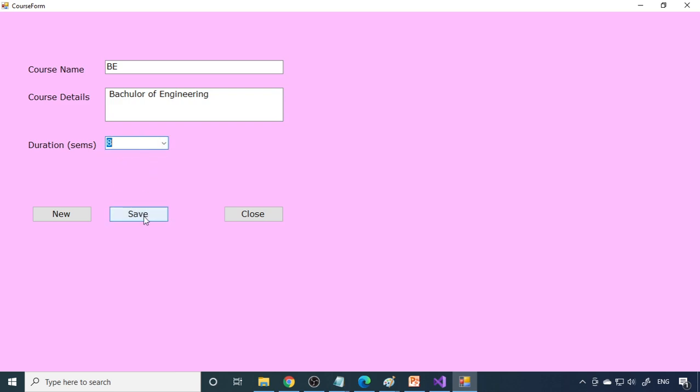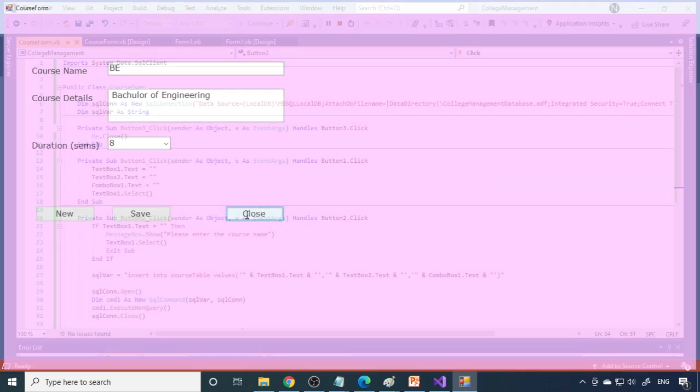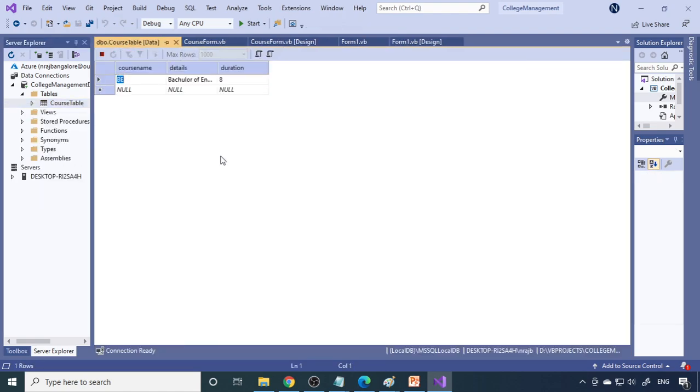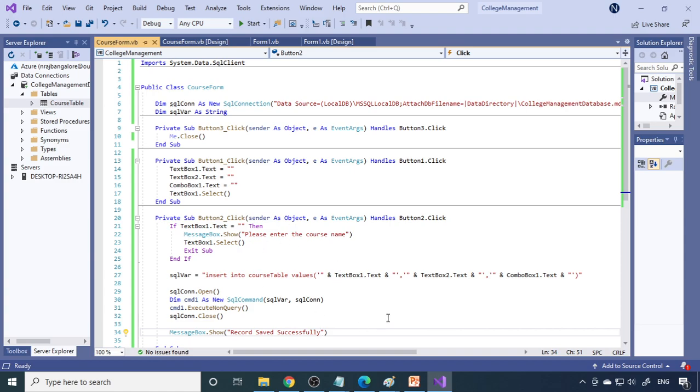Now click save. So you get the message record saved successfully, which means everything is in order. Now we need to check whether the data is passed to the table or not. So BE, Bachelor of Engineering, 8. That is done. Okay, the data is transferred to the table. So now we have successfully inserted the data.